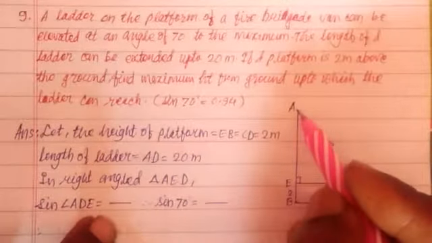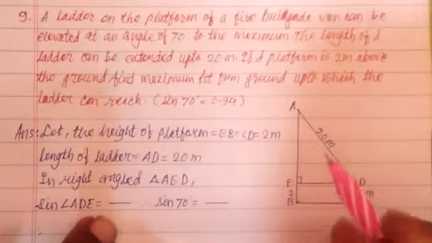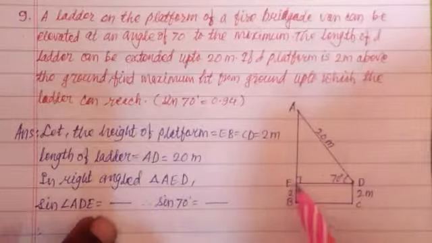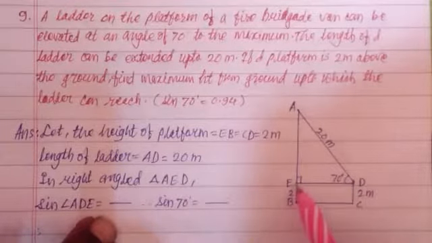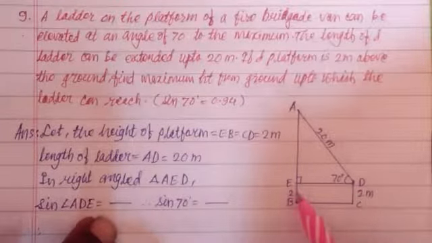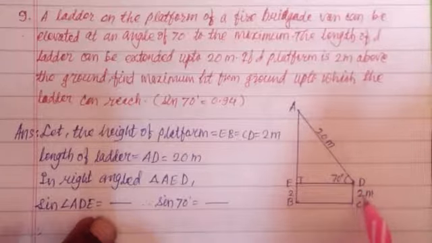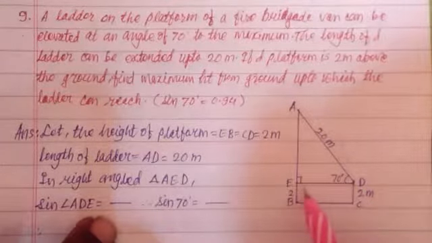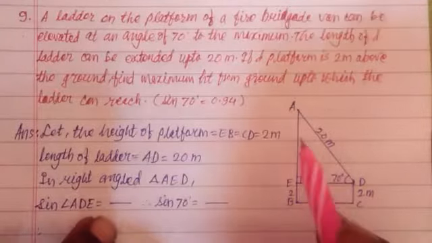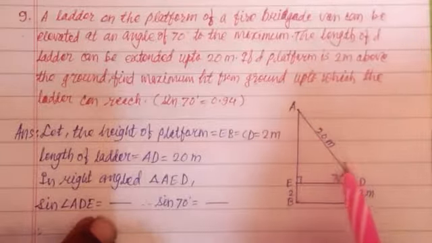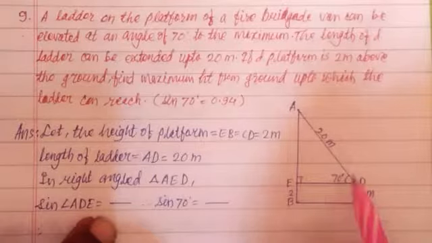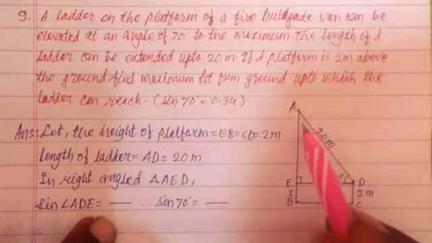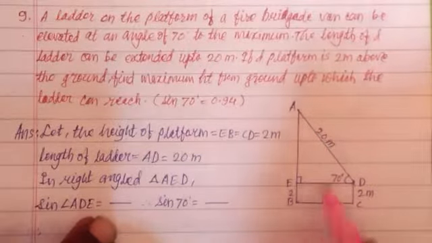Now this is the diagram. Now here this is the platform. Height of platform means EB, which is equal to CD, is 2 meter. Then length of ladder, this is the ladder, AD, which is equal to 20 meter. Now in this right angle triangle AED,